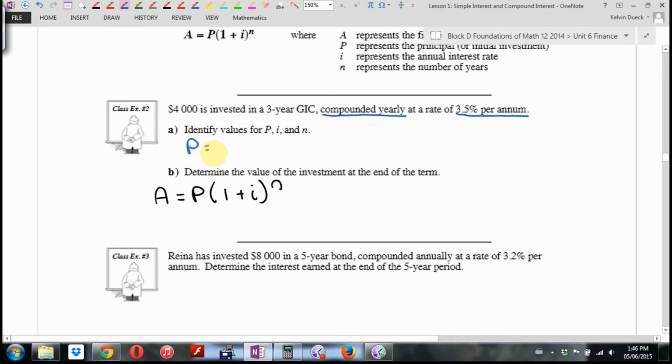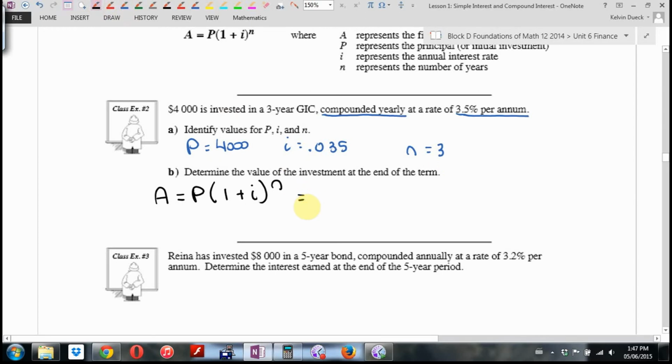What's the principal in this question? 4,000. What's the interest rate as a decimal, please? 0.035. Right? What's n, the number of years? 3. So if I want to find out how much this investment is worth,